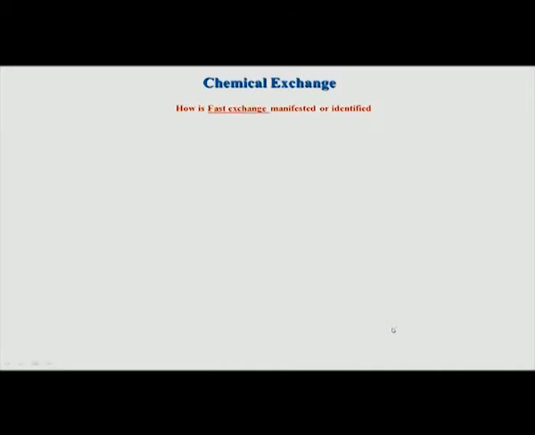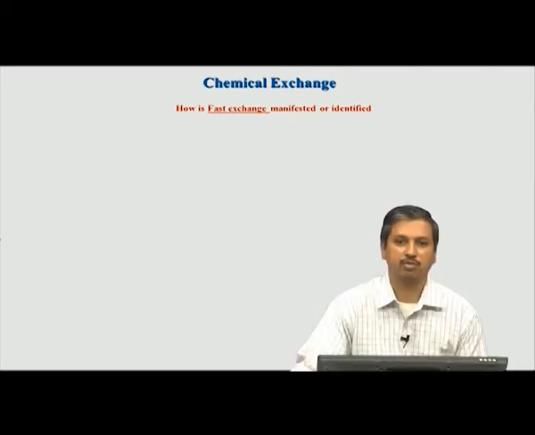So let us now look further at how fast exchange can be identified. In the previous examples we have looked at slow exchange. There were two methods. One is that you look at the appearance of a peak when you add A to B, the ligand and protein, and another option was to go to exchange spectroscopy, assuming that the two chemical shifts, A and B, are well separated. And if the exchange is not too slow. If the exchange is much slower than the T1 relaxation, 1 over T1, then also during the mixing time it will not be possible to see. So it has to be in the right time scale window. So that is for the slow exchange.